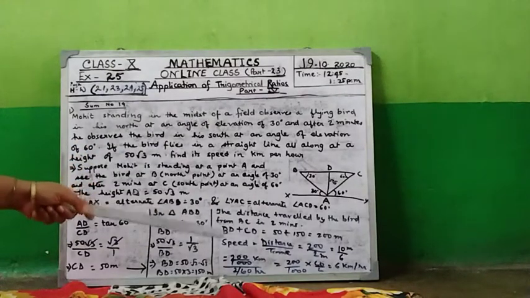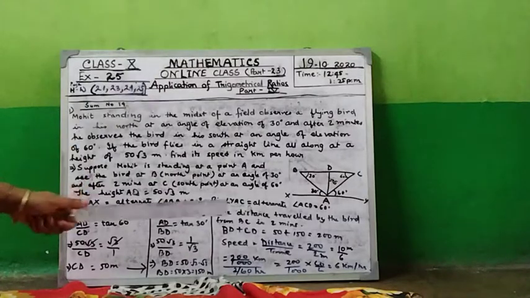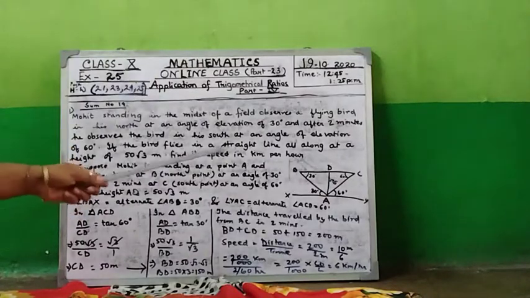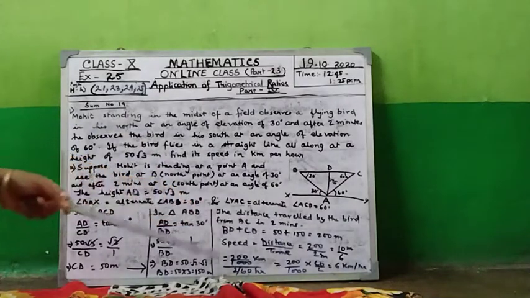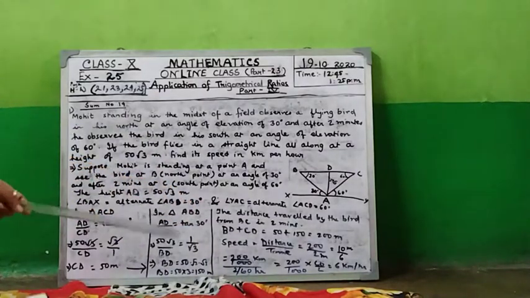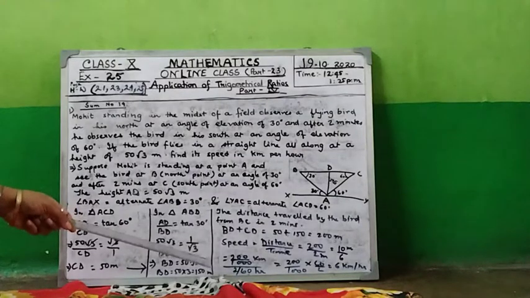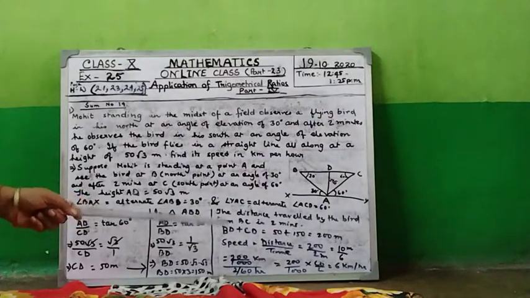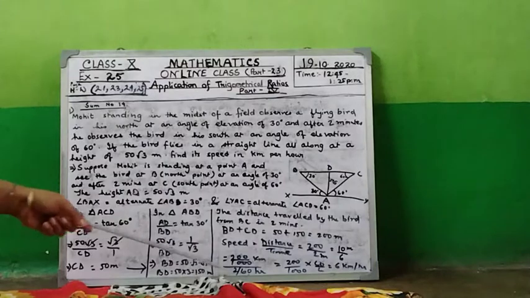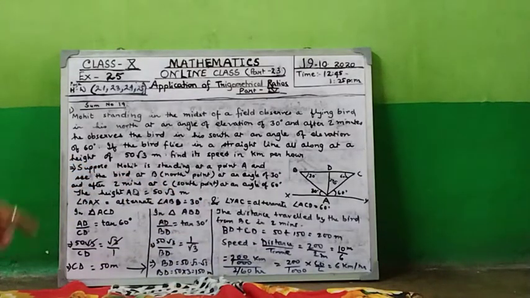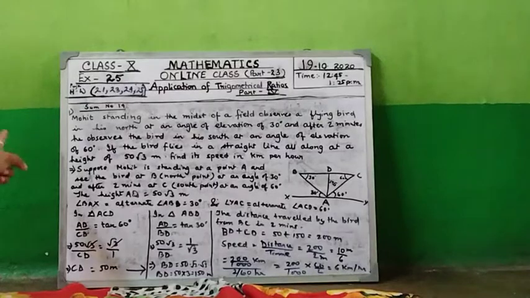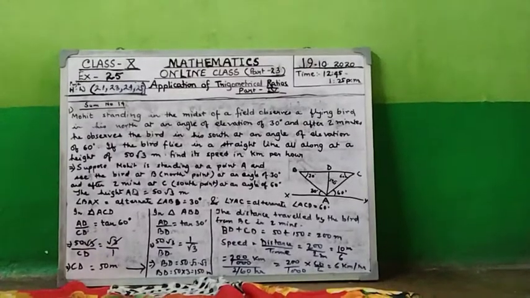You can write the distance as meter by minute, but no, you have to answer it in kilometer per hour. So you change this meter by dividing by 1000, it will change to kilometer, and 2 minutes by 60 it will change to hour. Then you cancel it and it comes 6 kilometer per hour. Please copy the sum, very important sum, last sums and very important sum. Please copy the sum. I am coming with my next application.